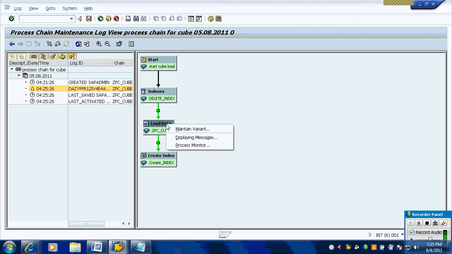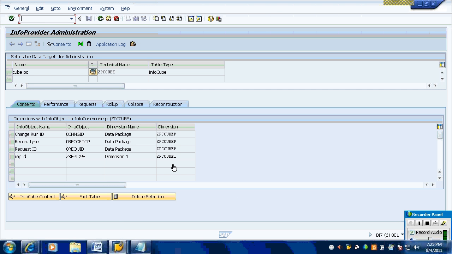Now if you want to monitor this load, go to process monitor. Yes, 3 records are loaded into input. 3 records are loaded into input. So this is transactional data loading into the ODS object and input. And now